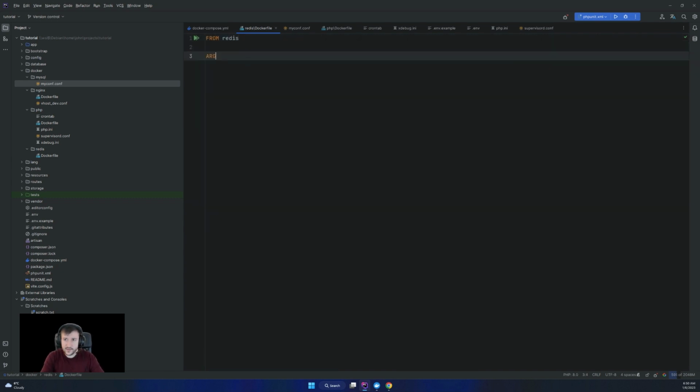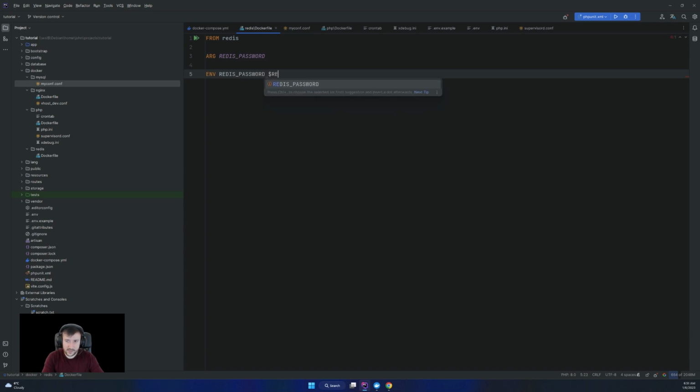Then I'm gonna say take as argument the Redis password we are sending to this Dockerfile, and say add this as an env variable. So it will be ENV Redis password, which will be the Redis password defined as ARG. And then the last bit is to start Redis.